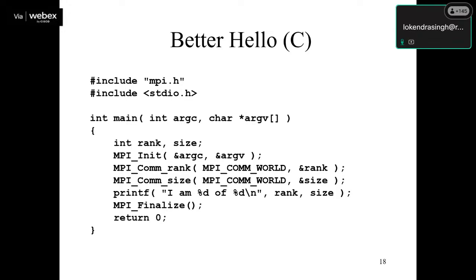It is the directive for how to parallelize our code. Then there is the C code. Then you have to define rank and size. It is the same program. So the main thing is that